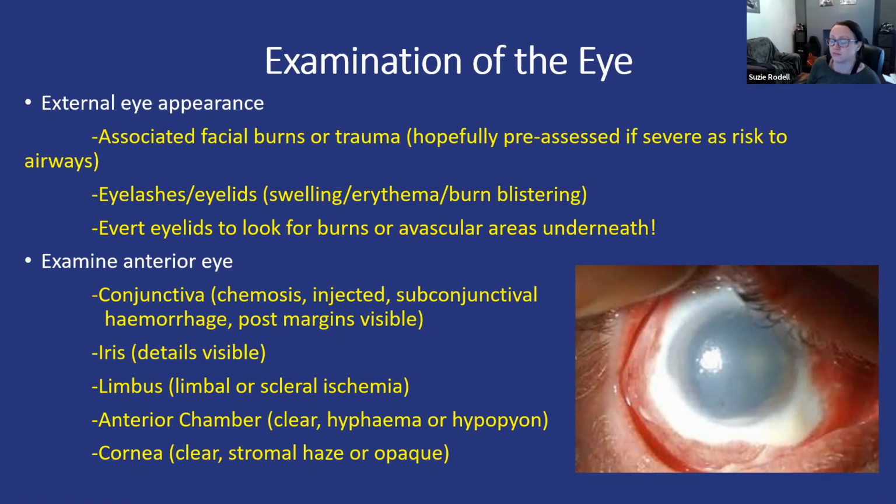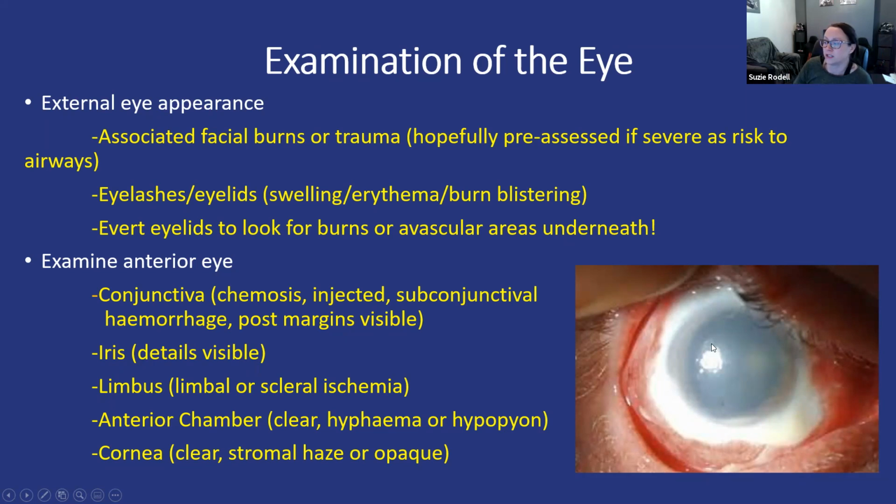I tend to note what I've got here: hemorrhage, posterior margins visible. Those don't typically present in chemical eye injuries. It tends to be the swelling or chemosis, which is edema of the sclera, and bulging, and injection of the eye. But it's good to note that those are some of the things that you look for in an eye assessment. The iris, so in severe burns, such as here on this page, this is quite a significant chemical eye